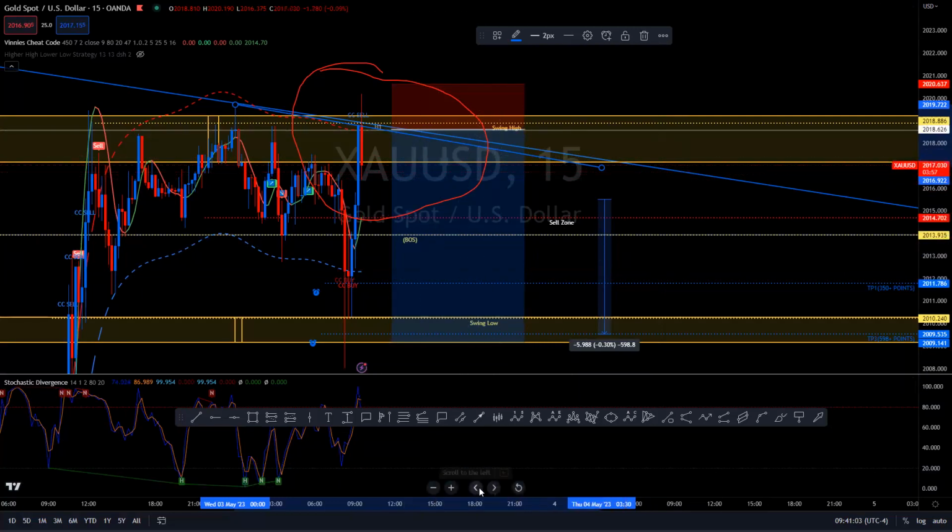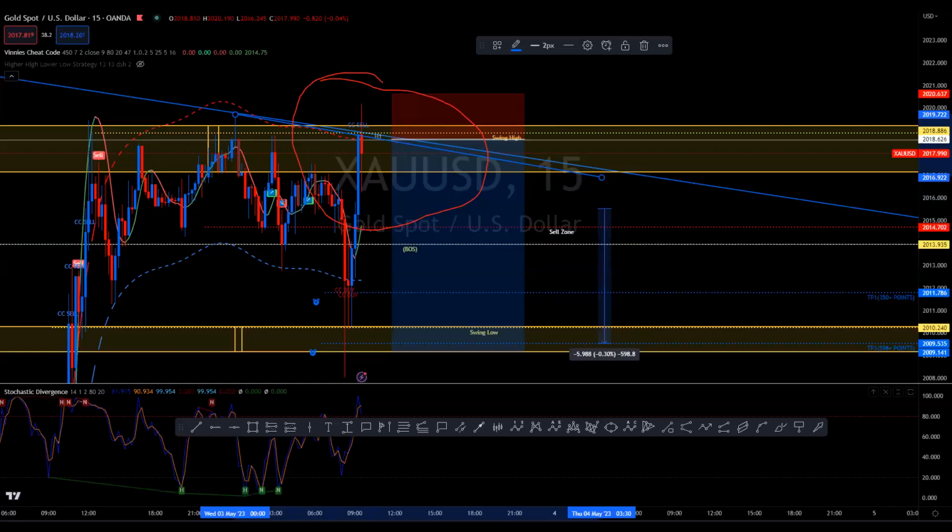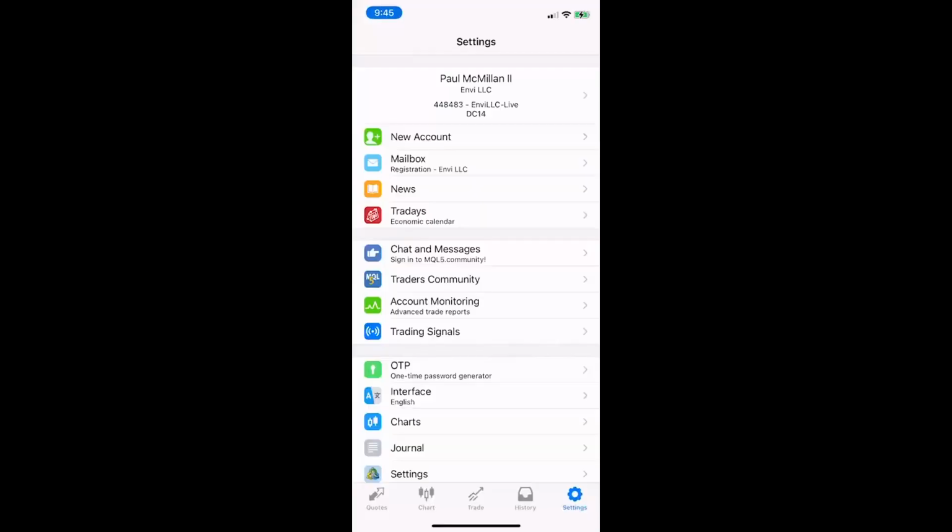So now I'm going to go ahead and document the results, and then I'm going to share them with you. I'll be right back. So I documented my results, and I'm about to share those results with you now. As you can see, this is my live account with NVFX, and I made $42.56 off of this trade. So that's good. My goal is to make between $20 to $100 a day, depending on my account size and whatever my stock position.